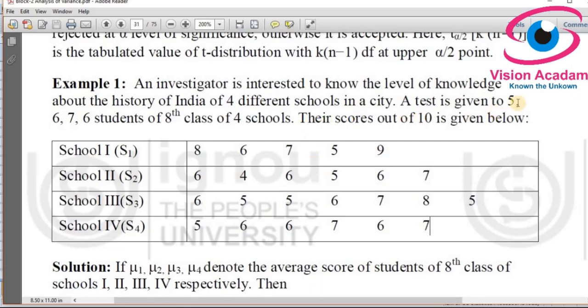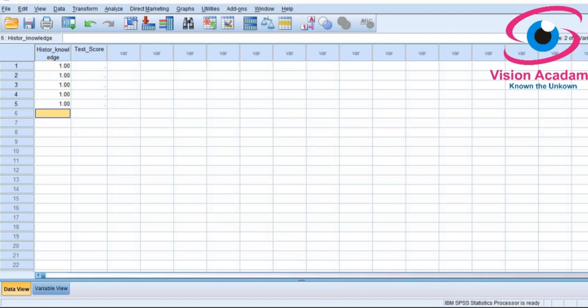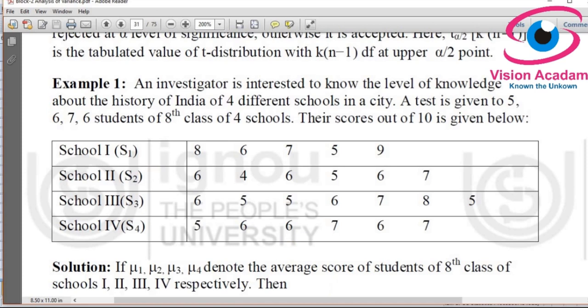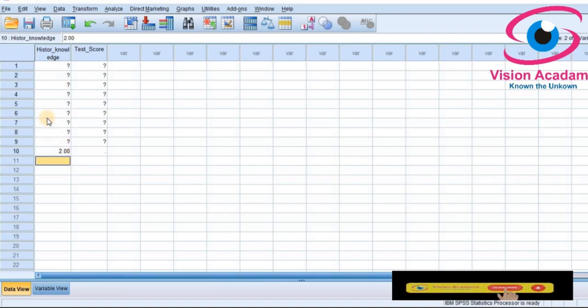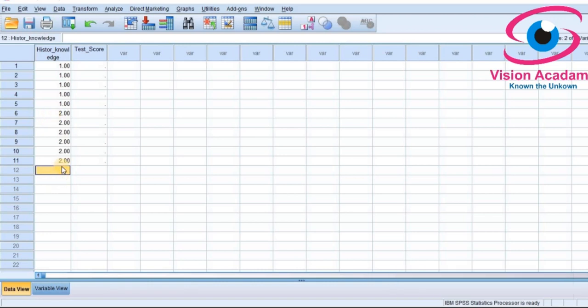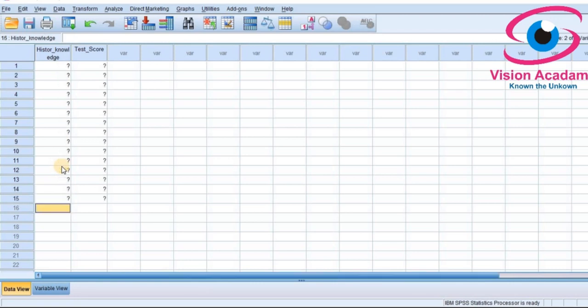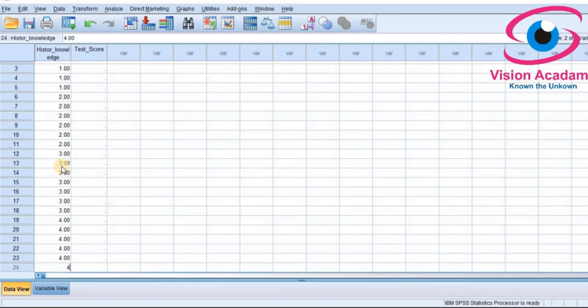In school 1 there are 5 samples, so I have given symbol for school 1 as 1, so I will enter 5 times, which means 5 samples taken from school 1, and school 2 6 samples, school 3 7 samples, school 4 6 samples.